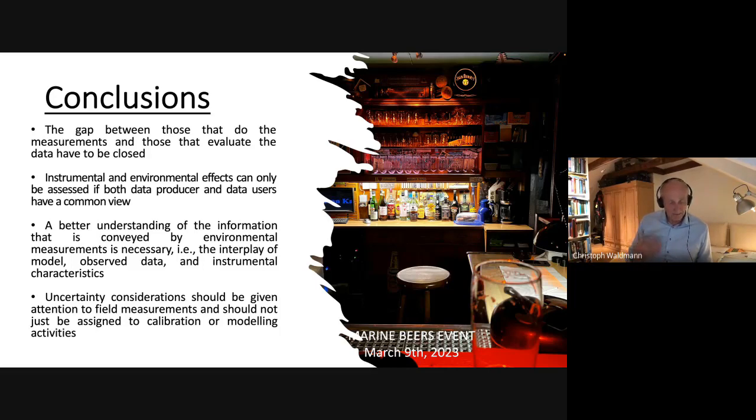Anyway, my conclusions: the gap between those who do the measurement and those who evaluate the data has to be closed. If you belong to the group of people who collect the data, I wonder how often you had a closer look at the data and tried to understand what it actually means. I took the time during the pandemic, when I had weeks and months to think about it, and I think I now have a different view on this aspect. Have a look at the data, think about QA/QC procedures, and so on. One major issue is separating instrumental and environmental effects. This is another reason why data producers and data users should come together. Often if something doesn't match the picture that a modeler has, they say there must be something wrong with the instrument. And if the instrument operators say no, everything is right, there is a sort of deadlock. It doesn't really help.